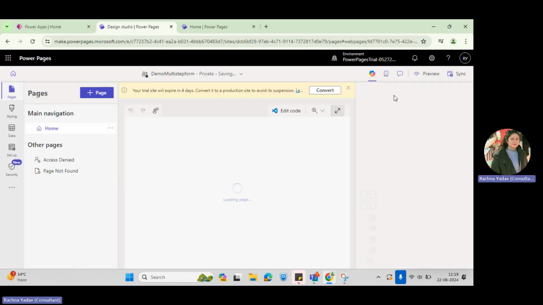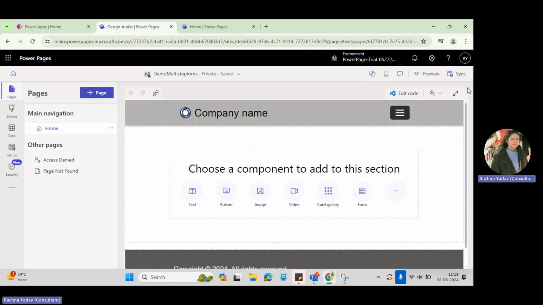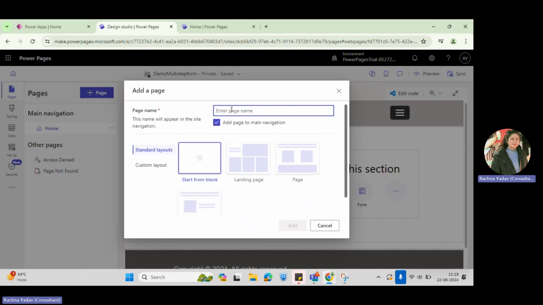Okay, so I think my app is set now. Yep, so you see it here. I have this basic default form added to my site. And if you want to create a new page, you can go ahead and create a new page. Suppose I want to create a new page here. So I'll give the name called multi step form,